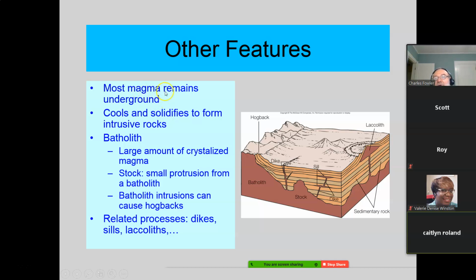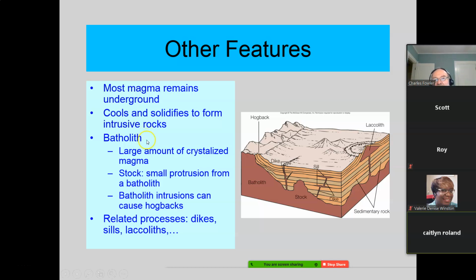So most magma does remain underground. It's fairly rare that you actually have volcanic explosions. Some areas it's happening all the time, but most of the time magma stays underground. It cools and solidifies to form some intrusive rocks. Okay? Intrusive meaning it cooled inside the surface of the earth. These are usually large grain, coarse